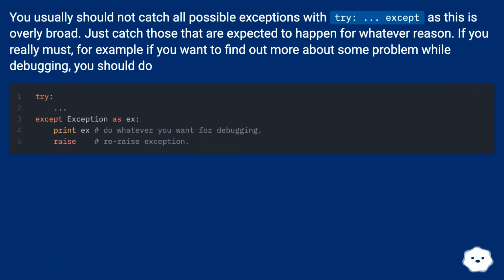You usually should not catch all possible exceptions with try: ... except:, as this is overly broad. Just catch those that are expected to happen for whatever reason. If you really must, for example, if you want to find out more about some problem while debugging, you should do